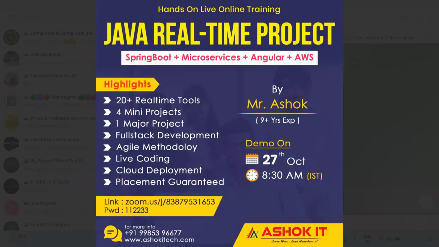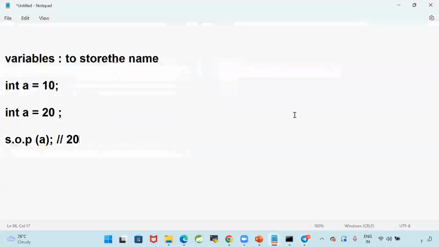First you need to focus on your core Java, advanced Java, your logical thinking, and your problem-solving skills. You need to make yourself perfect. By the time we complete these basic concepts, we will go to Spring Boot microservices. I will take Spring Boot microservices and the Java real-time project offline. I will take care of it. Don't rush for the courses. Always think about the quality.